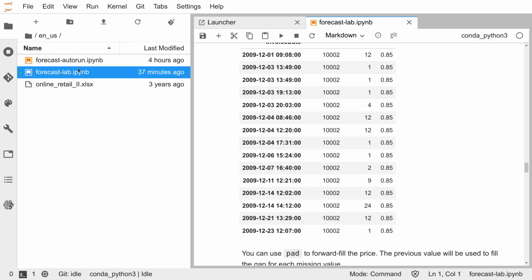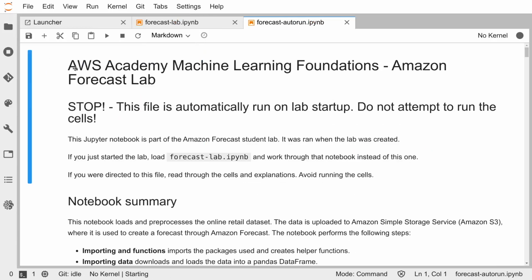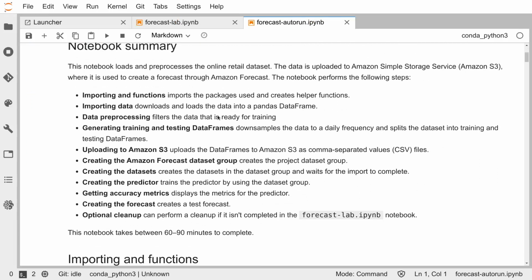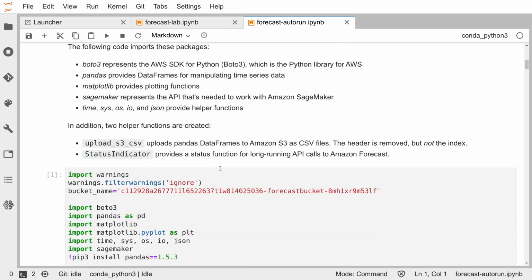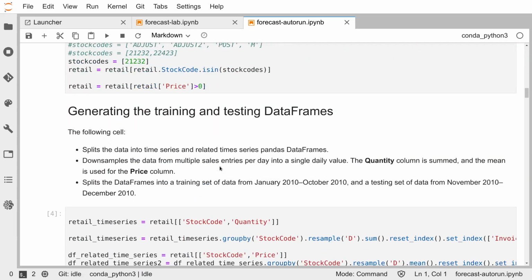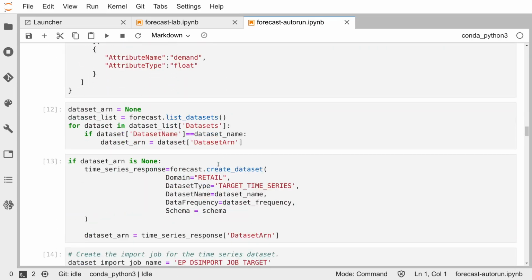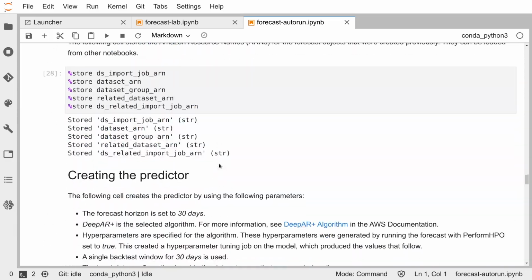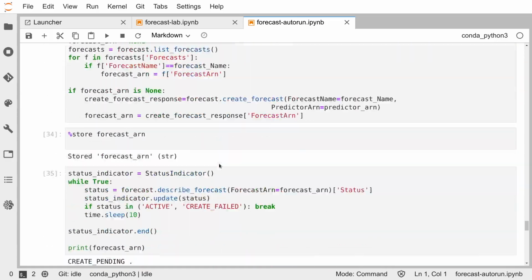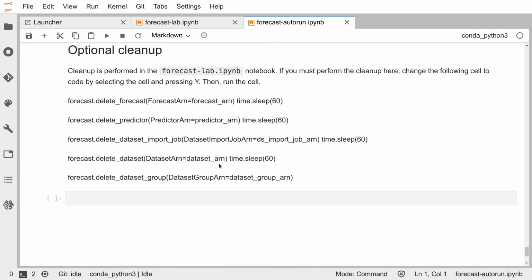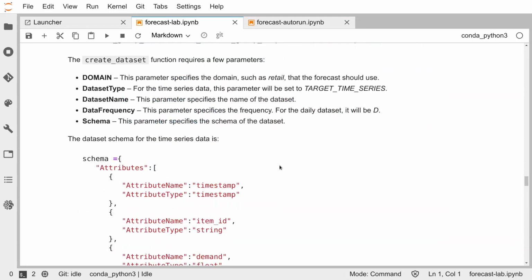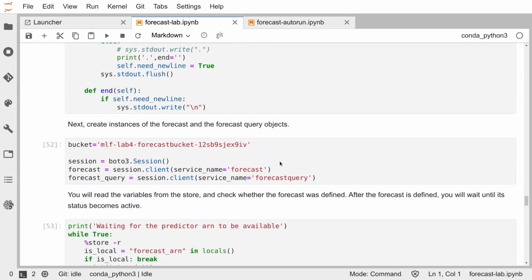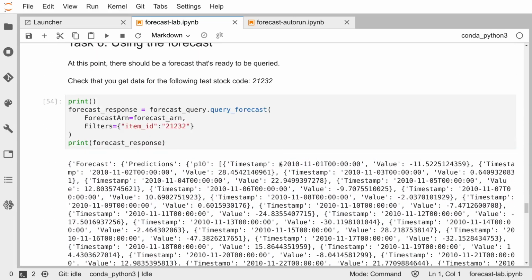So let's also see that. Yeah, this is running. I guess, let's see if it's completed. I guess it has been completed. So what I will be doing is that